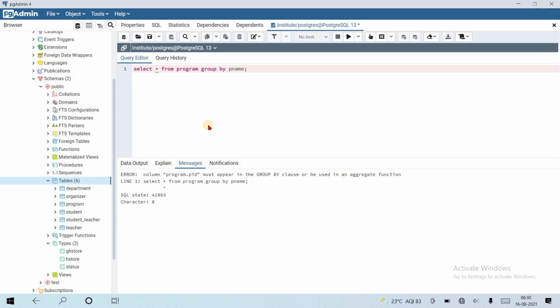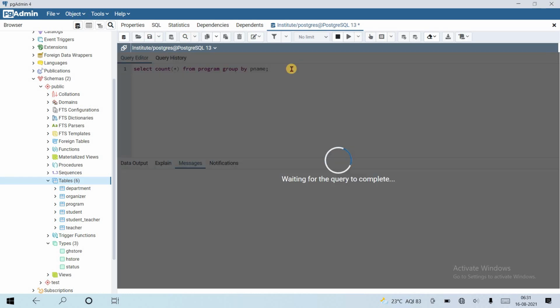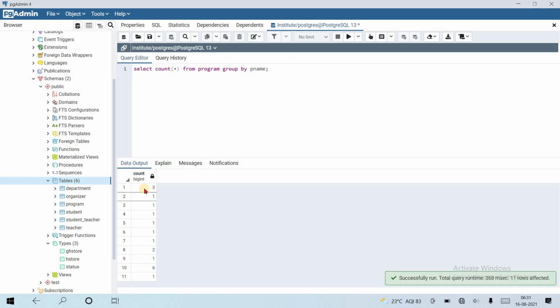Select star means it selects all the columns. Okay, let's select only the PName column. But we want a count, so we are using it like this: count star from program and group by PName. Okay, now it works.